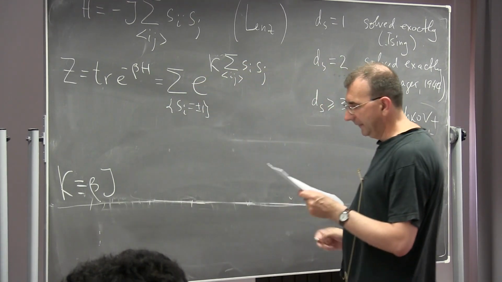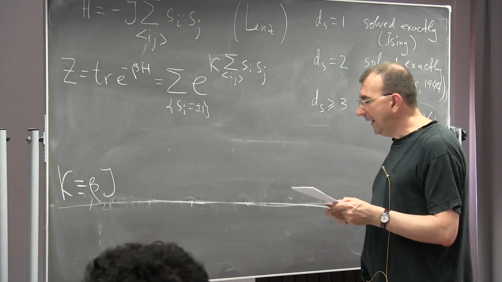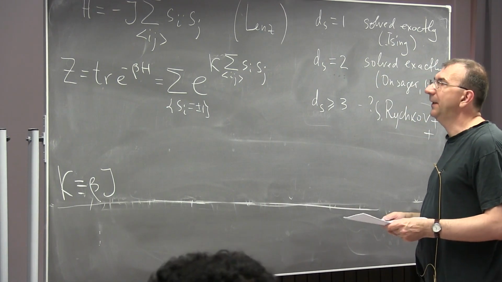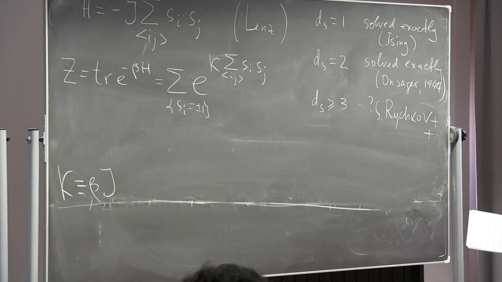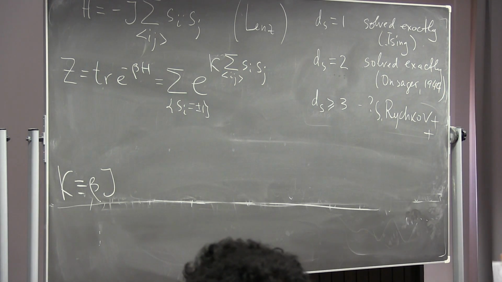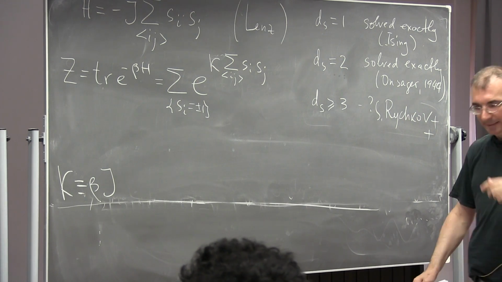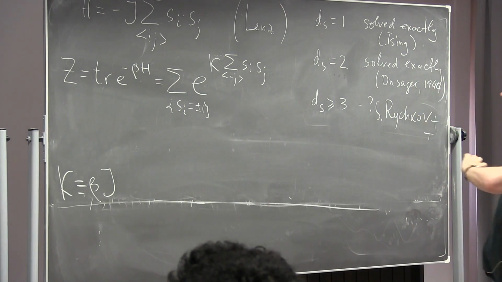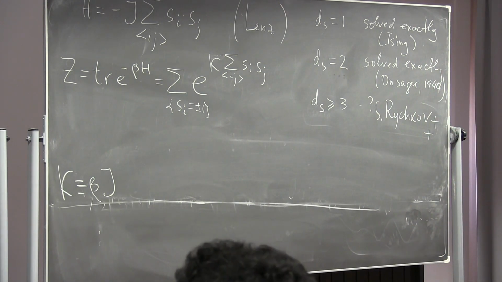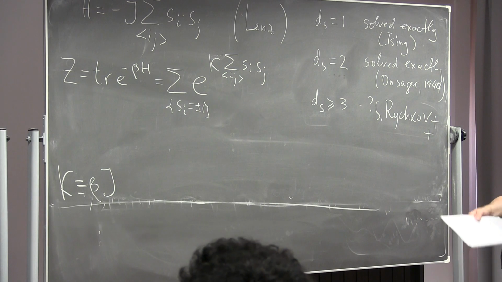So we would like to evaluate this sum, and this eventually has been done by Onsager and various people after him. In fact, Onsager's solution is pretty complicated, and it has been simplified considerably by other people later on. There are several fundamental solutions involving different techniques, which, if you're interested, I can discuss with you in private.